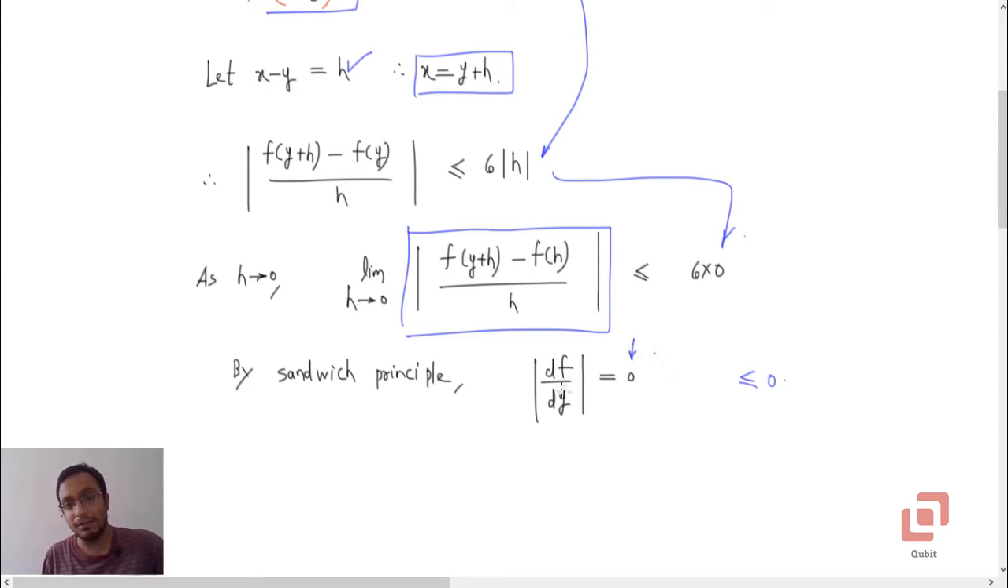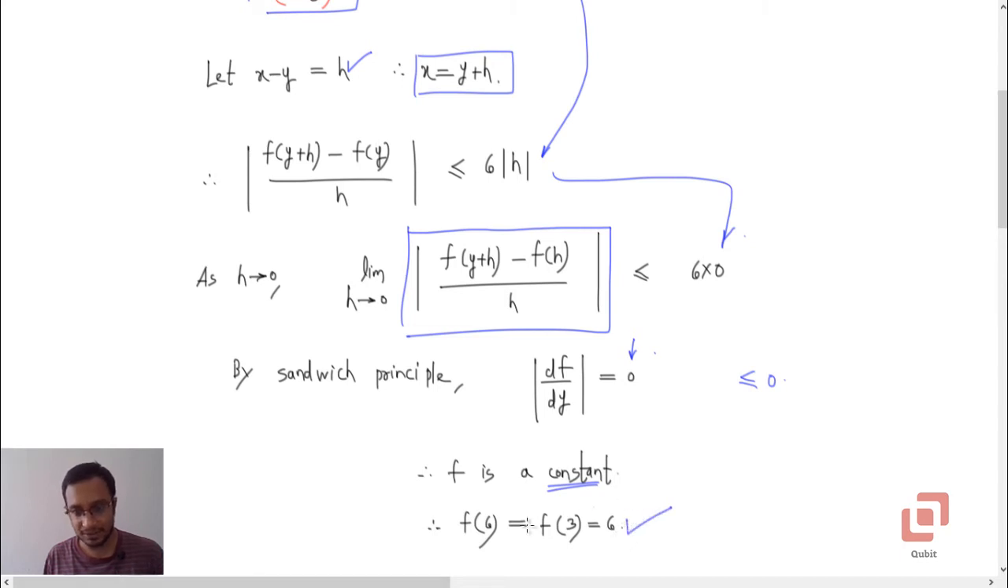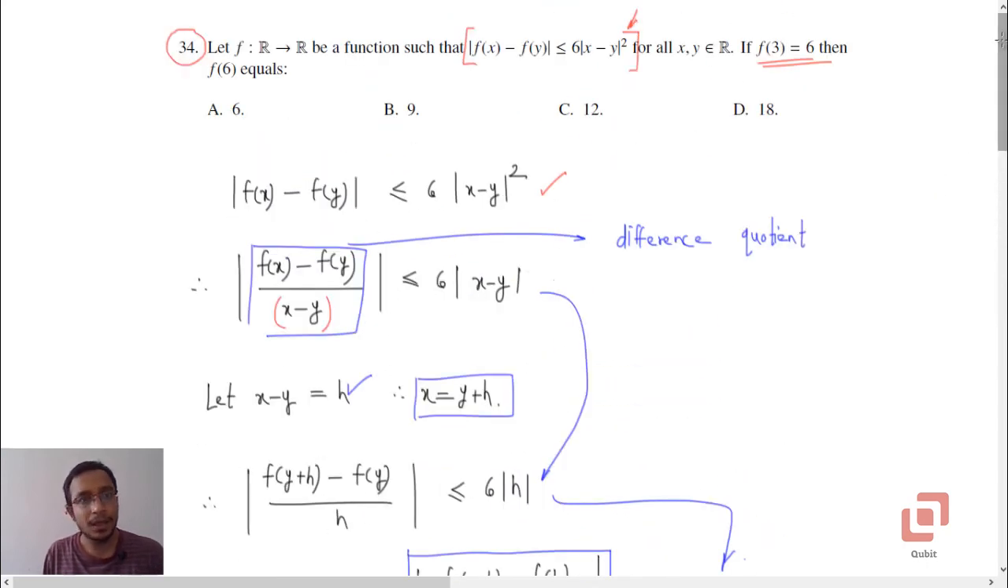What does it mean? If the absolute value of any function's derivative is 0, it means the derivative itself is 0, which means that the function has to be a constant, right? So f of 6 has to be equal to f of 3 or any other value, but we know f of 3 is given in the problem, that is 6. So f of 6 is also equal to 6 only, because the function is a constant function, and so it is option